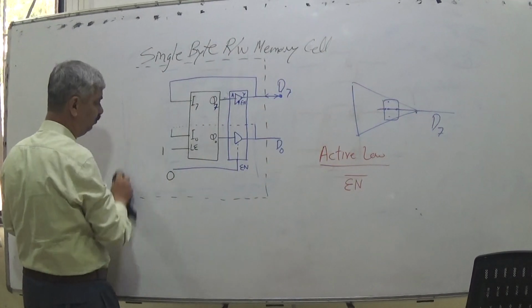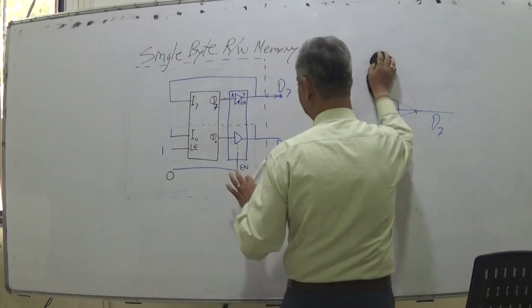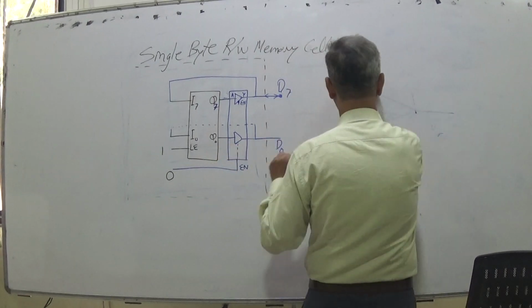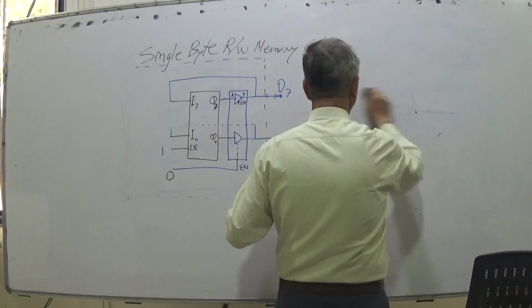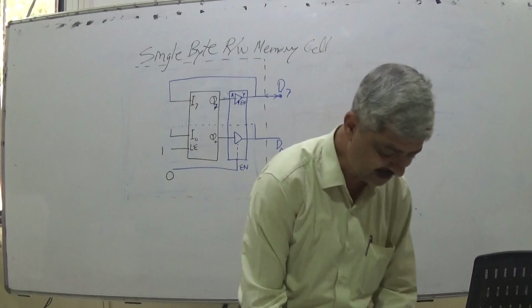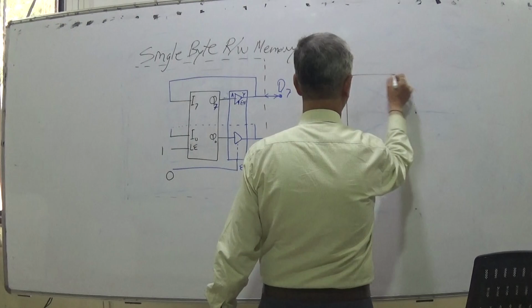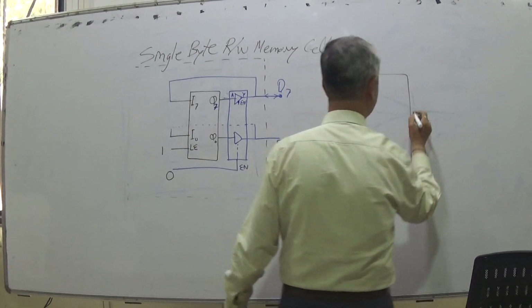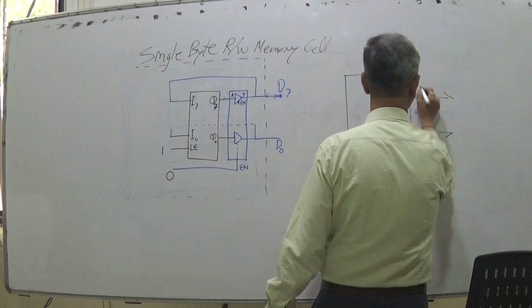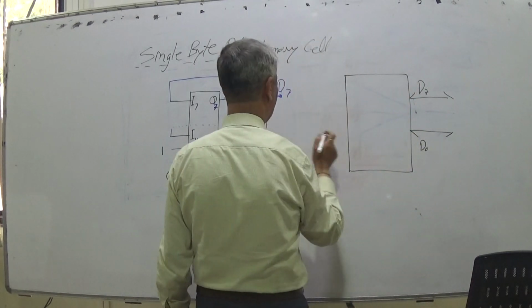So what we do now, this is the single byte memory cell, we enhance it further. Now for this single byte memory cell, we add 3 pins. Now listen very carefully. I give you a diagram. A single byte memory cell has 8 data lines, B7 to B0, like this, and there are